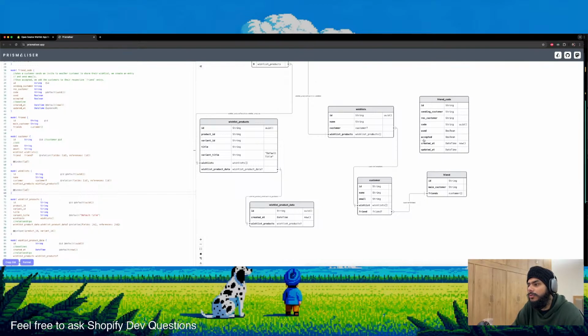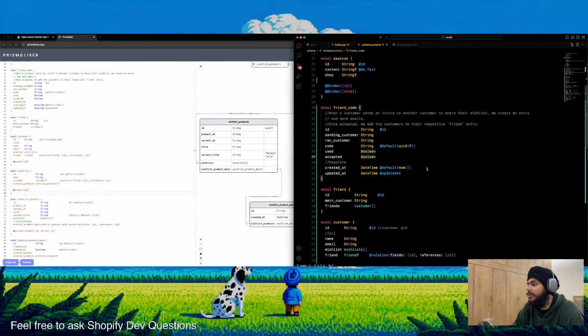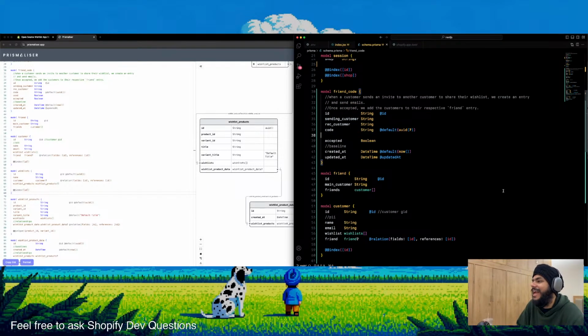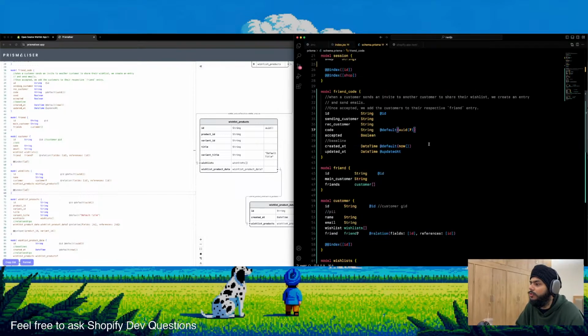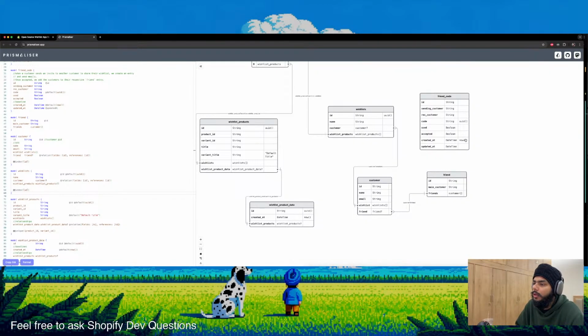So essentially, if it's used, we don't need used. See, this is why you always visualize. Okay, so we don't have used anymore. So once this entry is created, that means we actually send the email. Accepted by default is a Boolean, which is no. So we are just like, hey, not yet. And created and updated at. So it's just like if it was accepted,